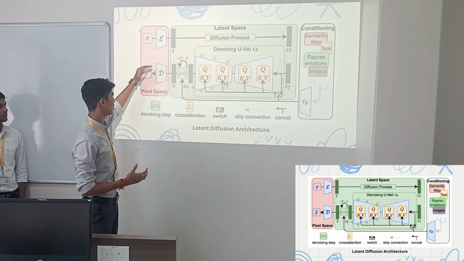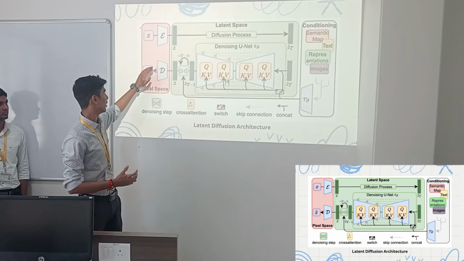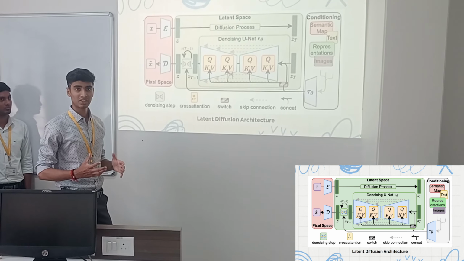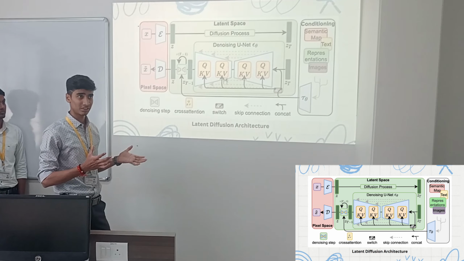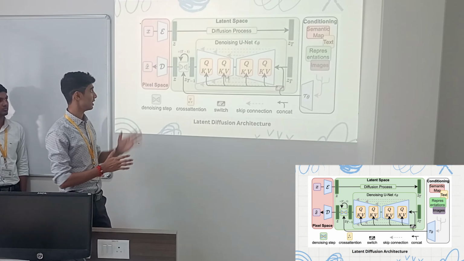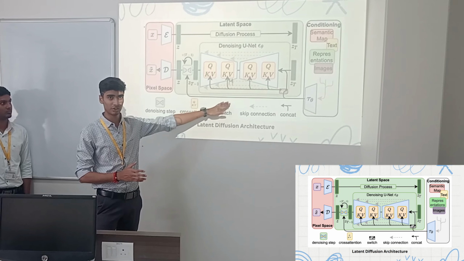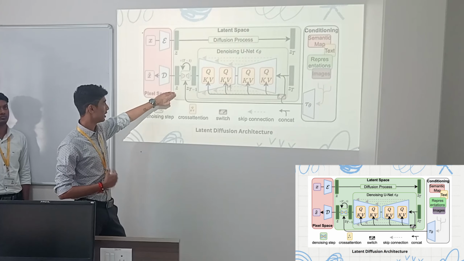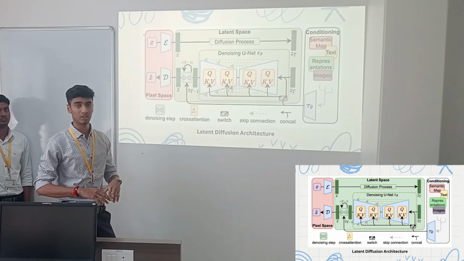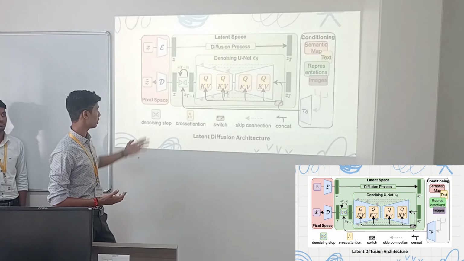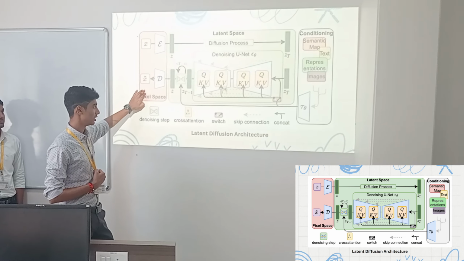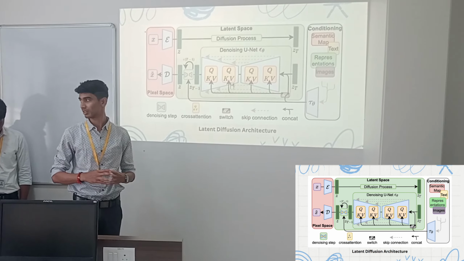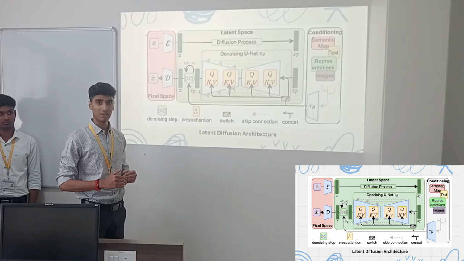Autoencoders basically consist of an encoder and decoder block, where given an input image, it can generate a latent space, which is a compressed version of that particular image, and then it can be directly fed into the UNet kind of architecture, the whole diffusion process. And the Z we get here is then again sent to a decoder block to get the final newly generated image. So this basically allows us to compress the quality and makes the whole system efficient.